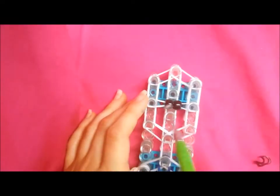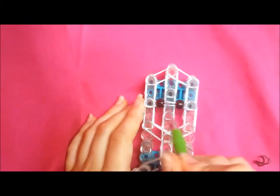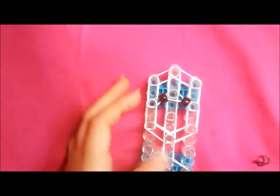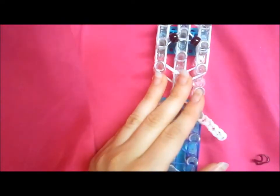And then, so that these are separated, you push them to the side and then take this top one of the two and put it up onto that pin. And that makes it a triangle band. That helps. Not helps, but I think you know what I mean. And then,